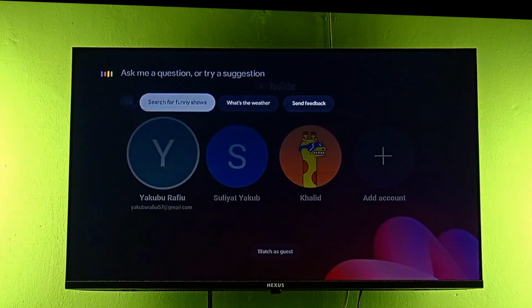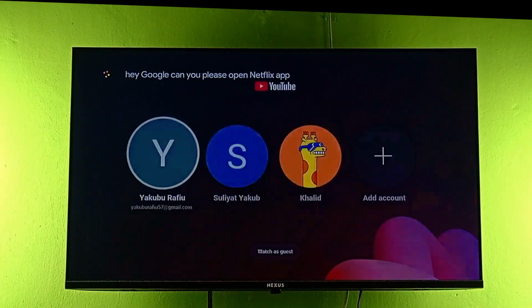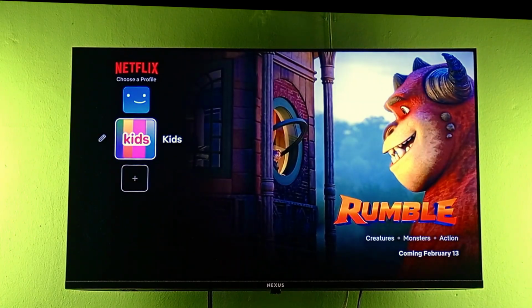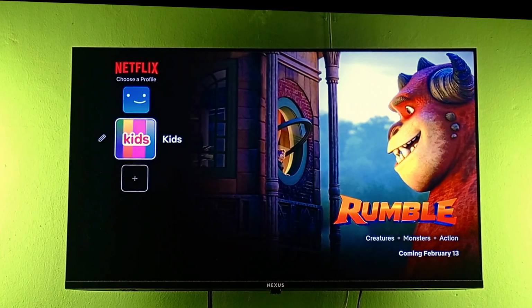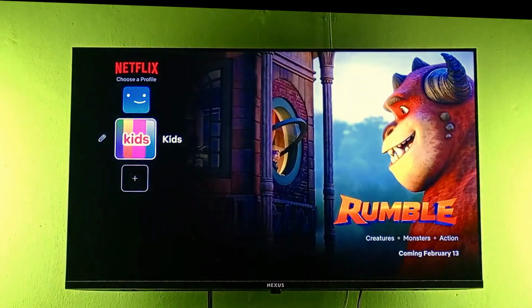Hey Google, can you please open Netflix app? Opening Netflix. It's that simple. So you can see, from here we can choose any of our Netflix profile right here. It's that simple. So we can also say,